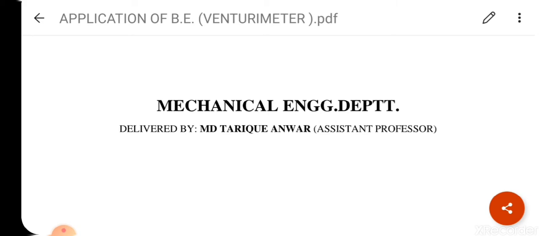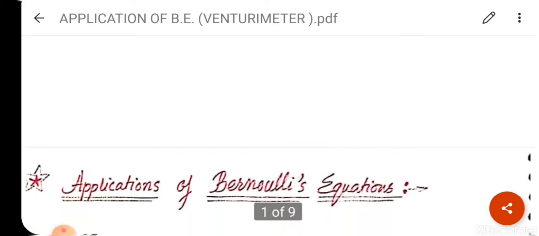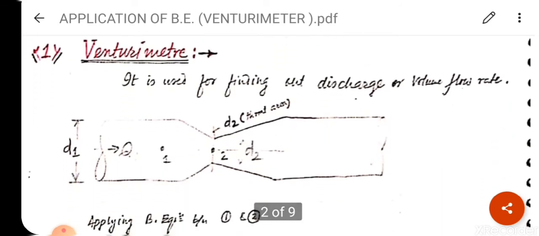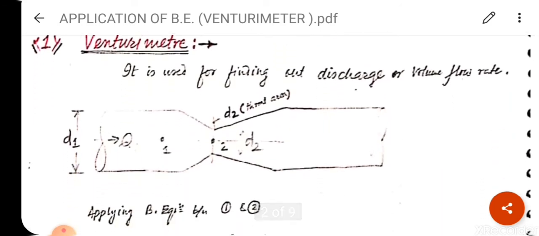The first application is the Venturi meter. What is a Venturi meter? It is a device which consists of three sections. The first one is convergent, the next is the throat, and the third one is the divergent section. I have drawn a diagram here. See the diagram. At point 1 to point 2